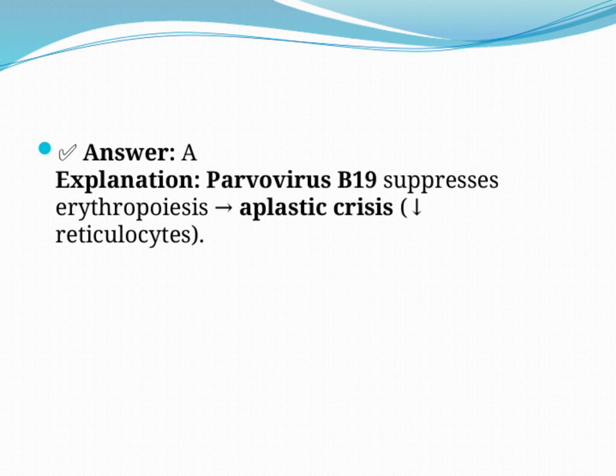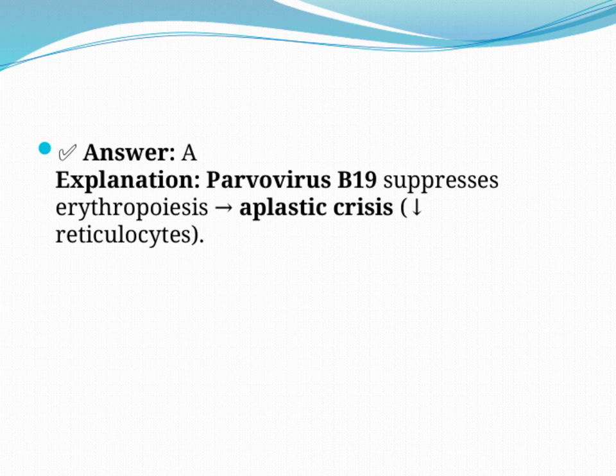The virus actually suppresses erythropoiesis, which is the process of producing red blood cells in the bone marrow. Because of this suppression, it can lead to an aplastic crisis, especially in individuals who already have underlying hemolytic disorders. In such cases, you'll see a significant drop in reticulocytes, which are the young red blood cells in circulation. This reduction explains why patients may develop severe anemia during an infection with parvovirus B19. Understanding this mechanism is crucial because it highlights how viral infections can directly impact blood cell production and lead to